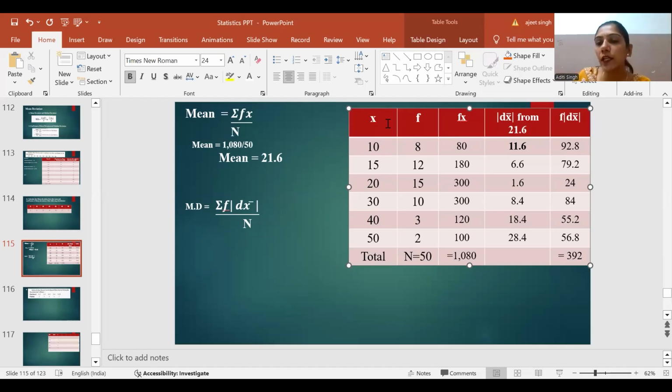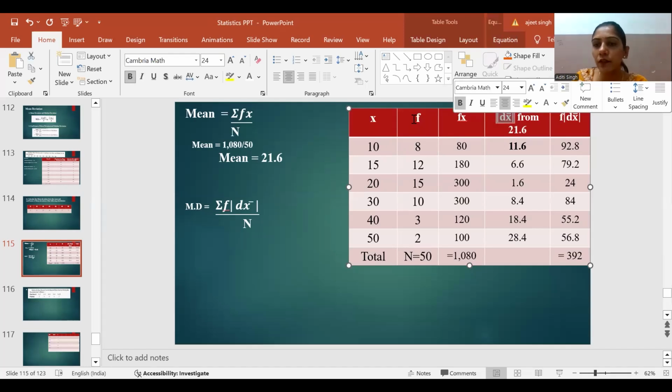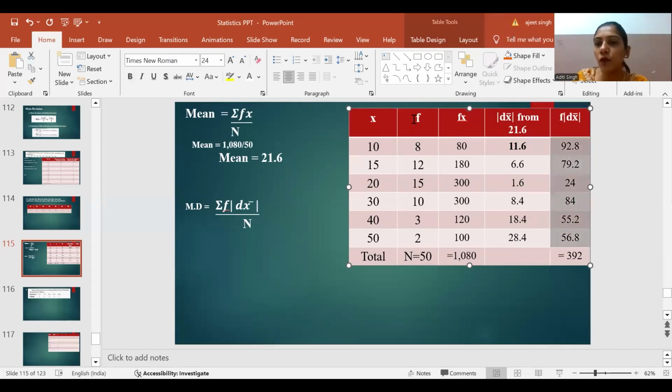After calculating dx bar, we will calculate f dx bar. In this, we multiply the value of frequency with dx bar. After that, we do the sum of f dx bar. The sum we are doing is for the formula for mean deviation, which is sum of f dx bar divided by